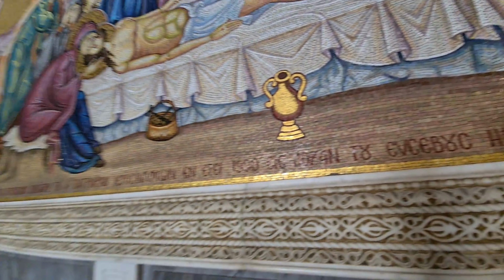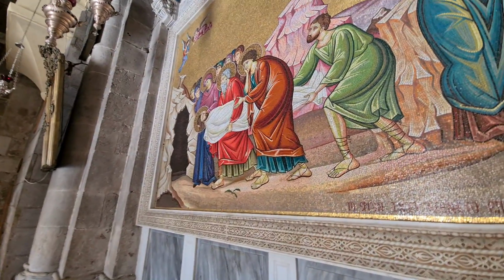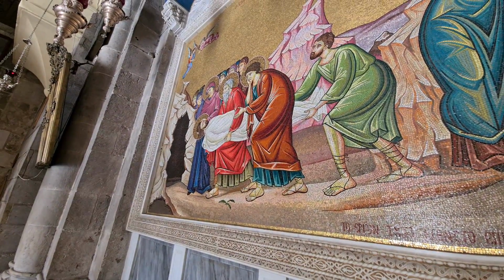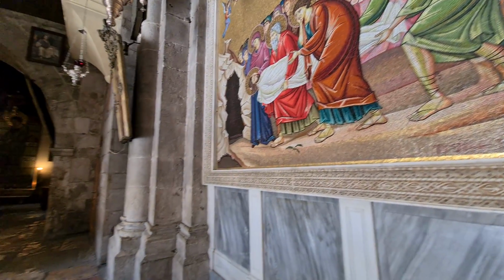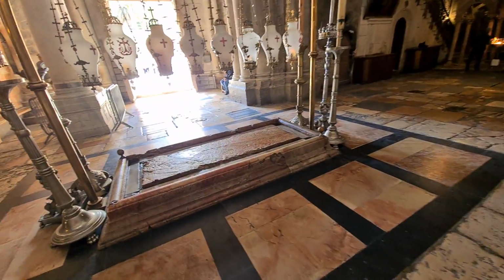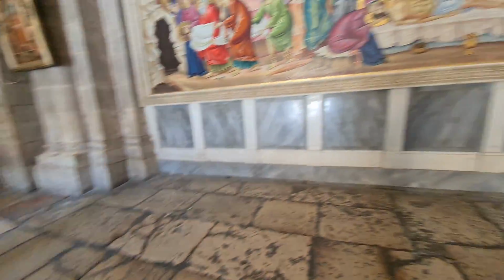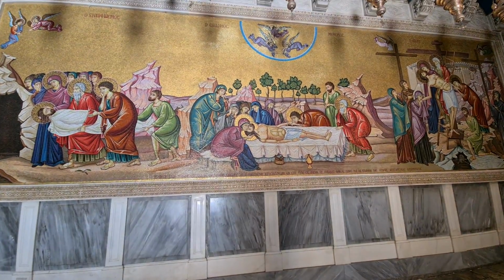Why am I talking about that? Oh, and this is the tomb, remember? We saw now the tomb of Joseph of Arimathea, and it looks almost like that. Why am I talking about it? Because that stone is where Jesus' body was laid and purified. I'm talking about that one. Then in that case,